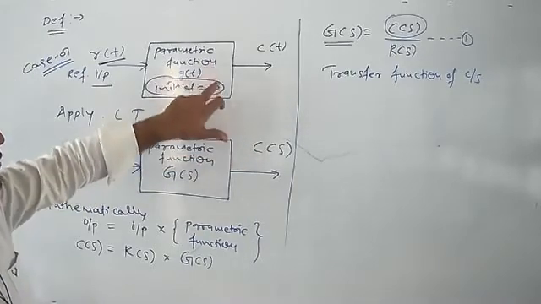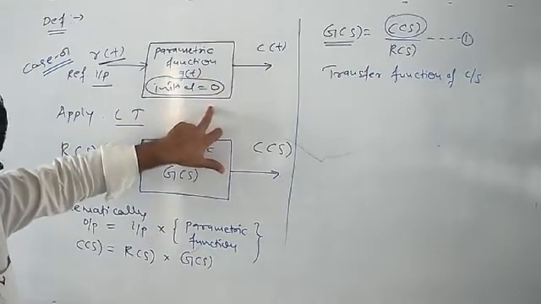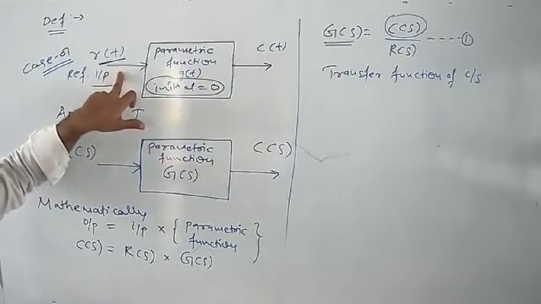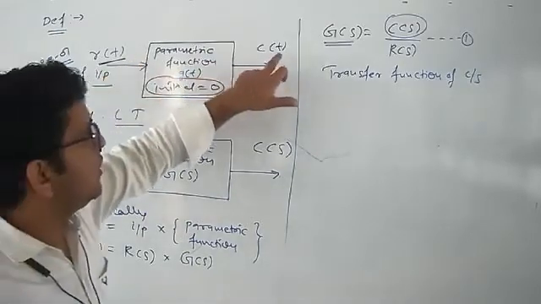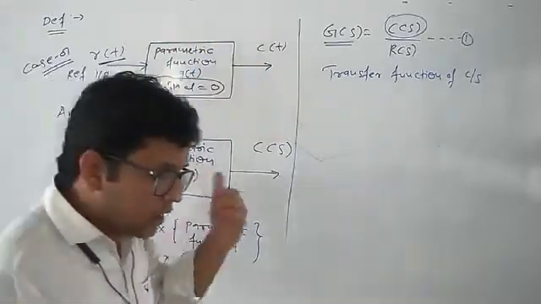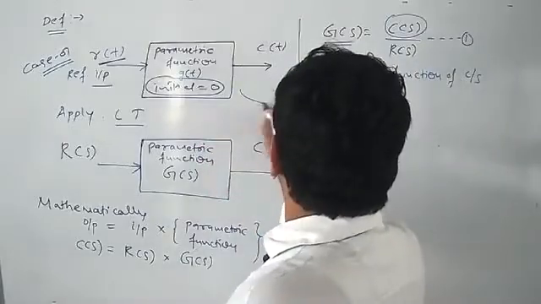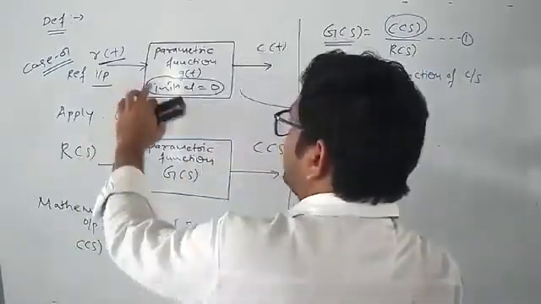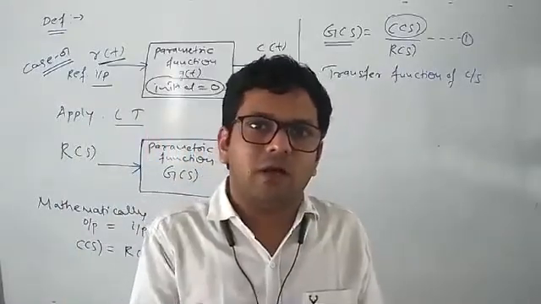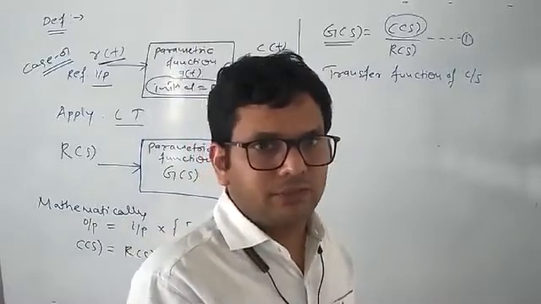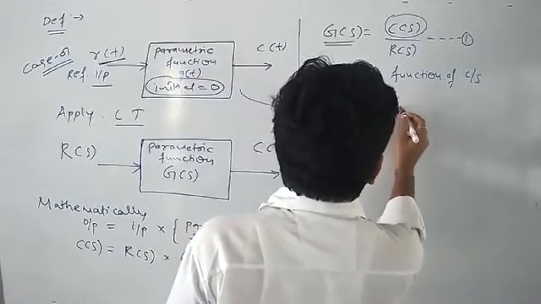where this indicates the parametric function of a system in the form of g of t by assuming all initial conditions to be 0. This indicates the input which is applied in the form of excitation, which is nothing but r of t, and here we are having the controlled output in the form of c of t. Now suppose in this particular case, the type of input signal which we have considered in order to examine the behavior of our control system is nothing but impulse test input signal. So in that case, the value of this r of t is nothing but delta of t.